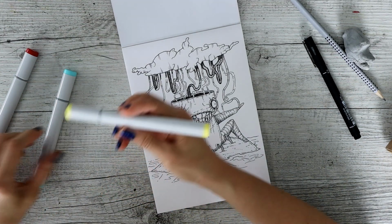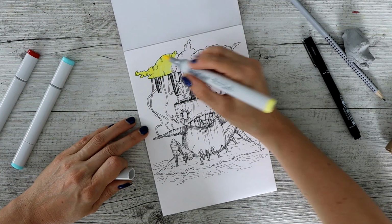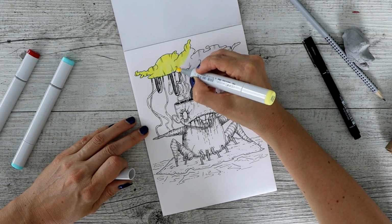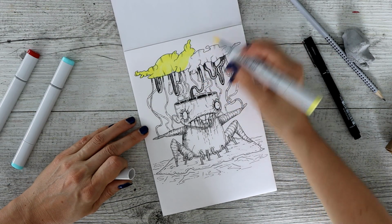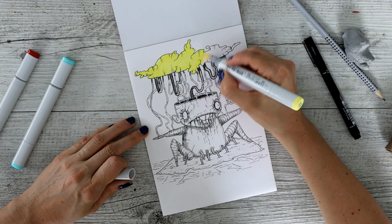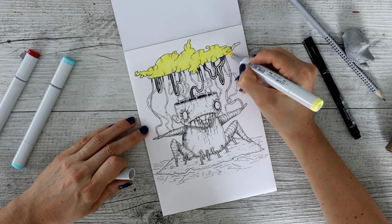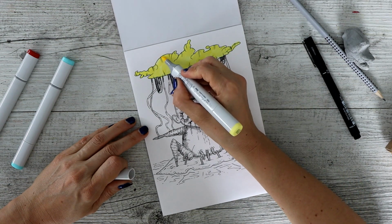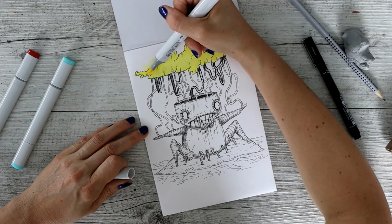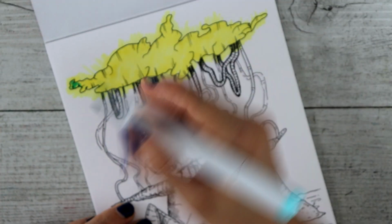Colouring this in. I'm just gonna put this yellow over, and I sort of want this to be green, so I'm sort of representing a tree top, like a tree, but it's kind of like this thing sucking the life out of this little fella. And I might even put a bit of a glow around to create